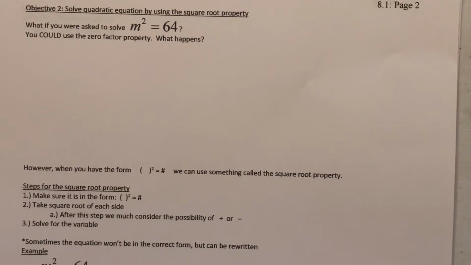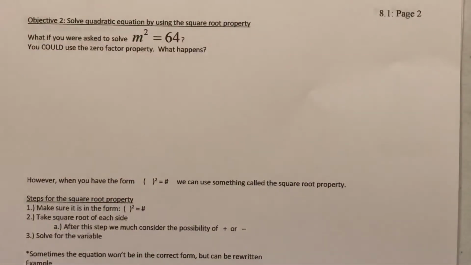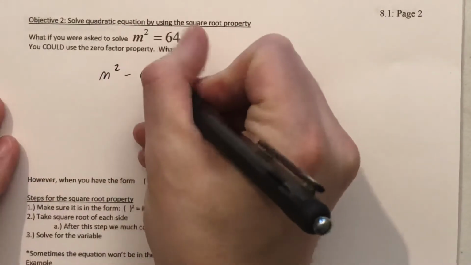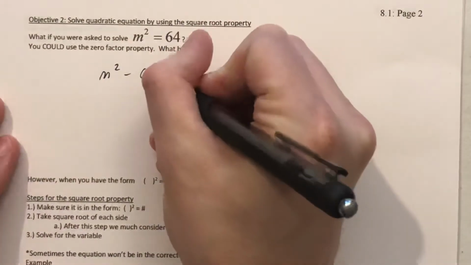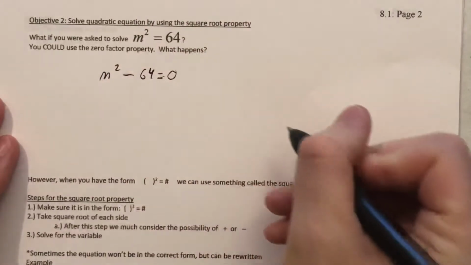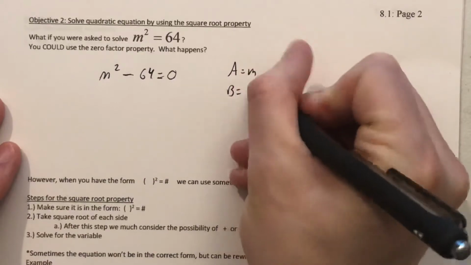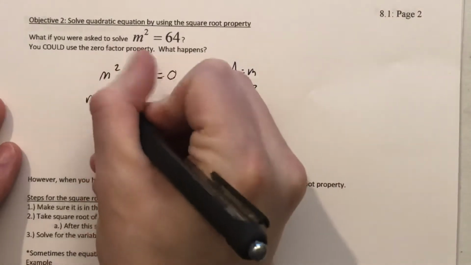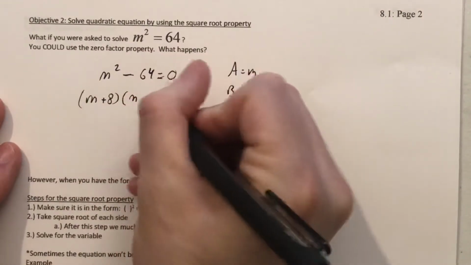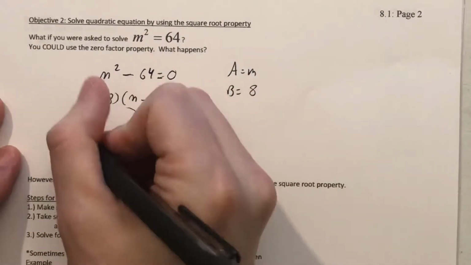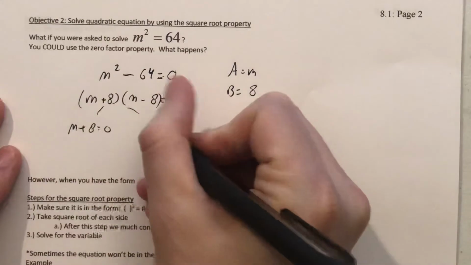So looking at an equation like m squared equals 64, I left some room here to point out that we could approach this with a zero factor property. Meaning, if we move the 64 over, then we can identify what's on the left here as a difference of squares, where the a would be m and the b would be an 8. So we know this breaks down to m plus 8 and m minus 8,